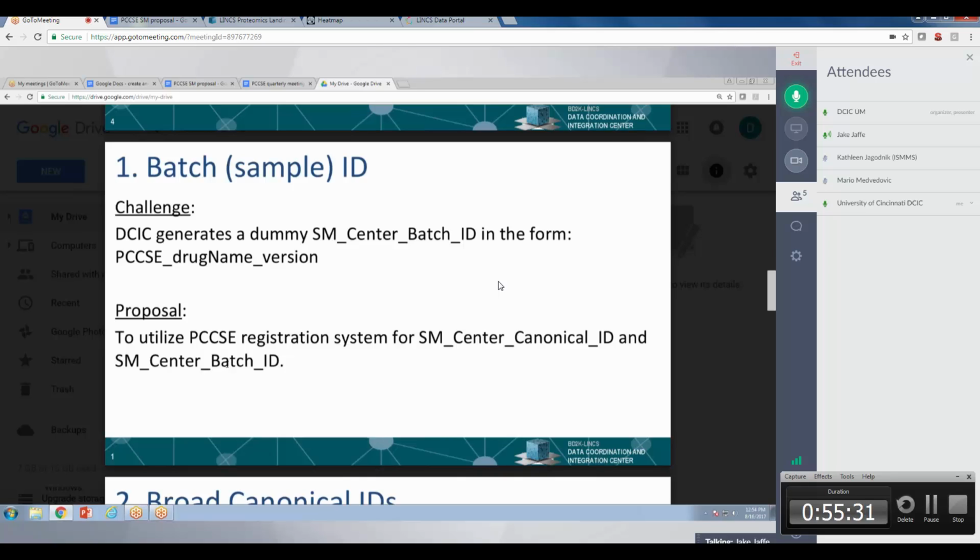We simply call it ID, and it's a human-readable string that says exactly what cell line, exactly what day it was generated, and exactly what well it was generated from of a 96 well plate. And so Jake was talking about using this field to map onto the LSM ID,